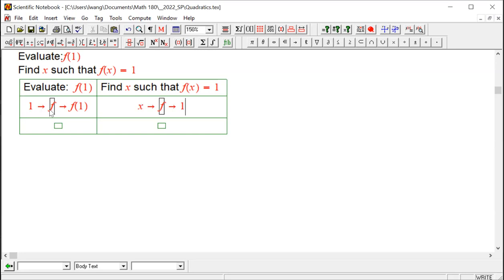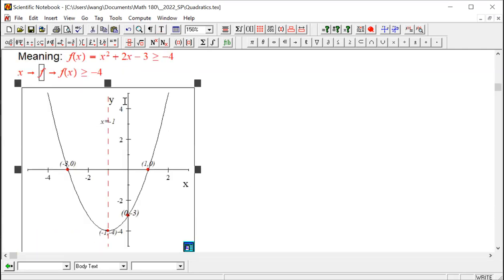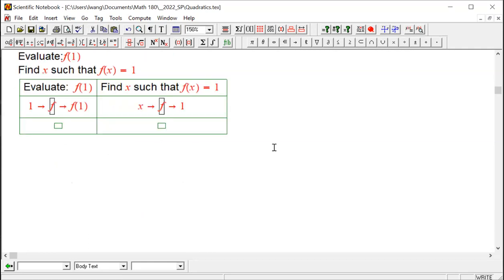So in the first case, we don't know the output. We're looking for the output, but we were given the input. Remember the definition of functions: for each input, there's exactly one output. But in the second case, we're looking for all possible inputs such that the output is that one given value. And graphically, on a graph, you'll see this